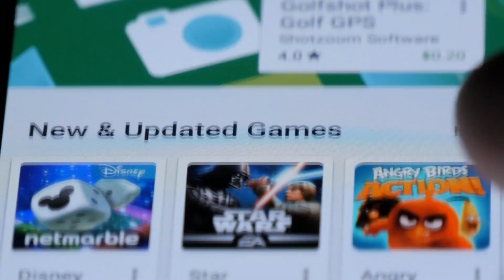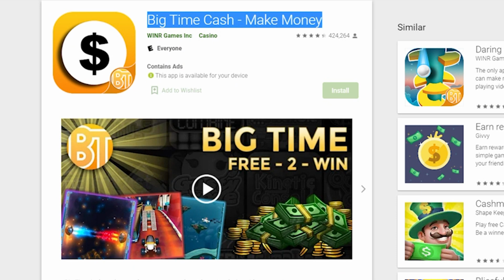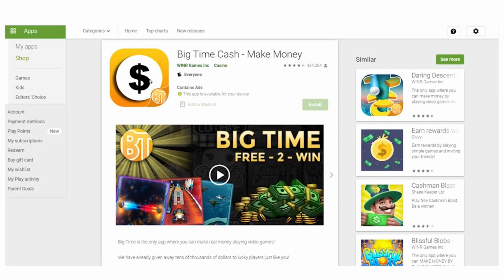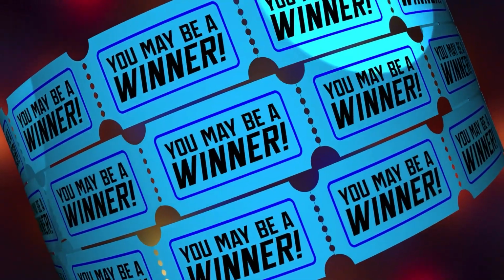So, if we go to the Google Play Store today, the name of the app is Big Time Cash Make Money Free, and there are currently over 299,000 users, and the app's logo looks like this. Make sure you're downloading the correct one. Then, as you can see, above 4.3 stars is a very excellent rating, and there are also a lot of positive reviews. As I previously stated, you can make money by simply converting those tickets into actual money once you've